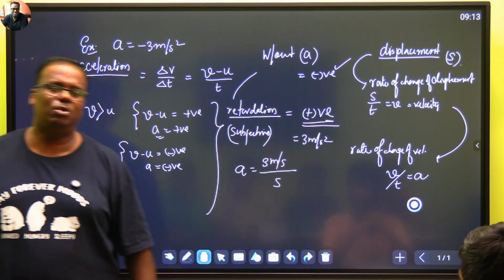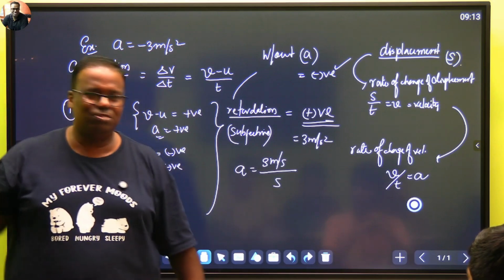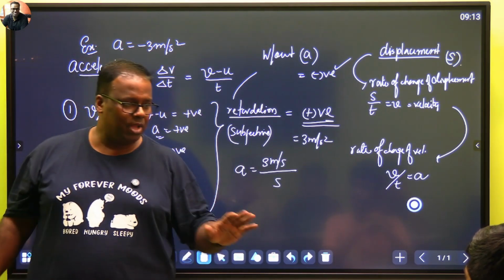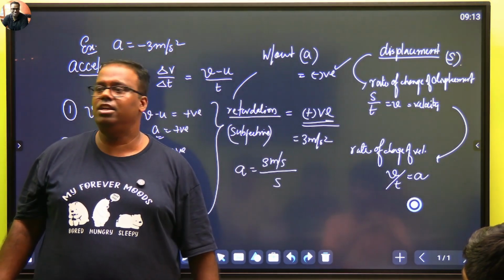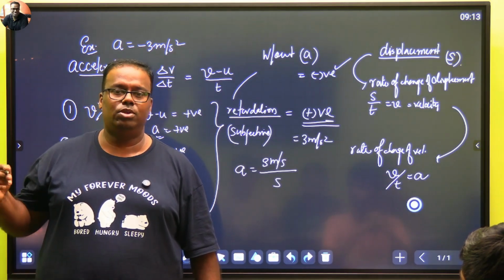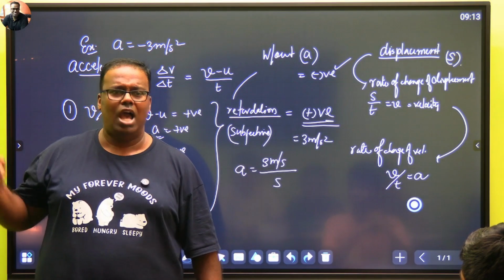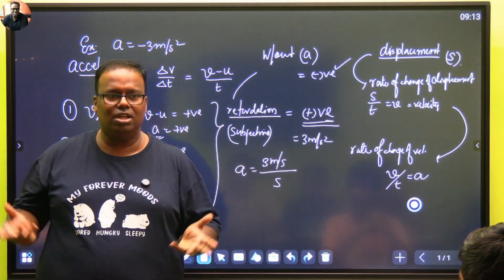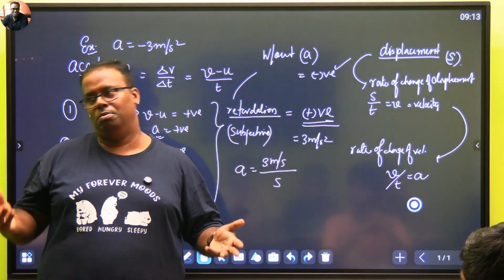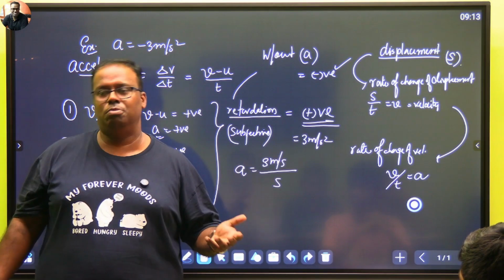And as long as the problem speaks about acceleration, nothing goes from my side. Suppose the question is given to you that Vaibhav applies brakes and the car is retarding at 2 meter per second square. So you will write acceleration equal to -2. आप प्रॉब्लम एक्सीलरेशन से ही करोगे. स्पीड बढ़ेगा तो प्लस है, स्पीड घटेगा तो माइनस है, ब्रेक मारेंगे तो माइनस है.